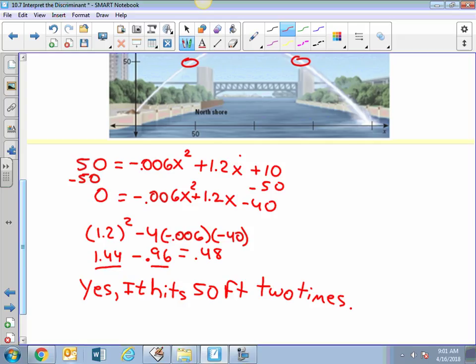Okay, so where does it hit? Well, that's going to be your quadratic formula. So we would plug this into our quadratic formula. The nice thing is we actually have already solved for what's underneath the square root, which is the discriminant. But we haven't solved for everything else. So we get negative 1.2 plus or minus the square root of b squared, or excuse me, we had already solved that. So I'm going to put 0.48 all over 2a. Okay, whoops, we have to put the a in. So negative